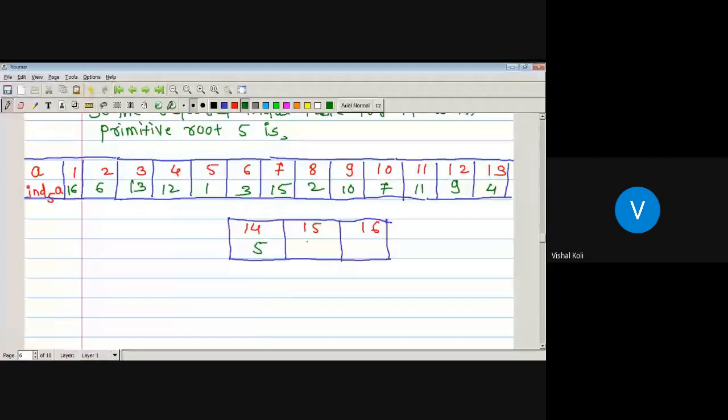अशा प्रकारे इंडेक्स टेबल कन्स्ट्रक्ट करू शकता एखाद्या इंटिजरचा. जर प्रिमिटिव्ह रूट दिला असेल तर ठीक आहे, जर दिला नसेल तर स्मॉलेस्ट प्रिमिटिव्ह रूट आपण काढू शकतो. जर n हा दिला तर त्याचा प्रिमिटिव्ह रूट काय असू शकतो, जो की त्याच्यापेक्षा लहान असणार आहे आणि त्याच्याशी रिलेटिव्हली प्राईम असणार आहे. त्याची पॉवर चेक करून जर a to the power φ(n) is congruent to 1 modulo n आणि a to the power k is not congruent to 1 modulo n, then a is a primitive root of n, असं करून प्रिमिटिव्ह रूट फाइंड आउट करू शकता. एकदा प्रिमिटिव्ह रूट मिळाला आणि value of n जर आपल्याकडे ऑलरेडी असेल तर त्याच्यानुसार मी a ची पॉसिबल व्हॅल्यूज काढू शकतो आणि त्याच्यानुसार जर मी पॉवर काढत गेलो त्या प्रिमिटिव्ह रूटची तर मला करस्पॉन्डिंग a चे इंडेक्स मिळत जातील. ठीक आहे.